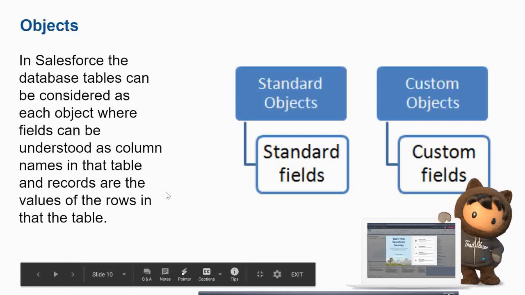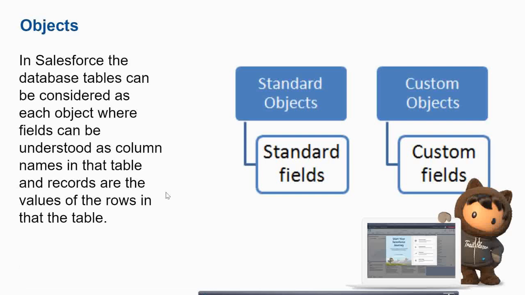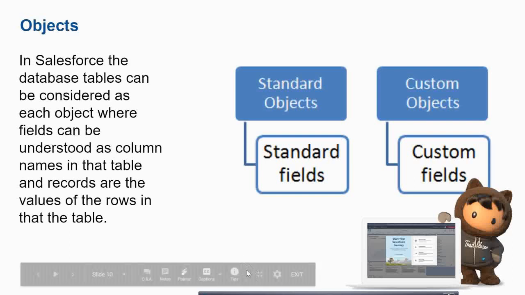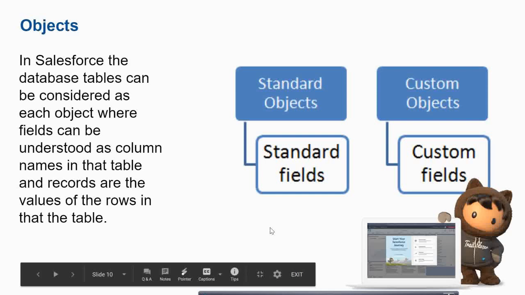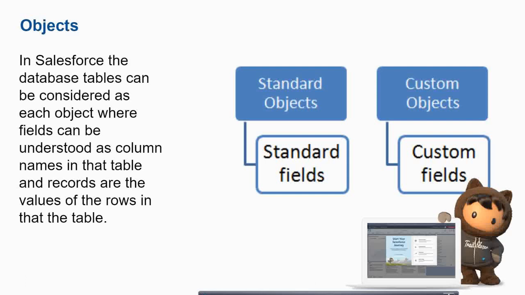Next come objects. So what are objects in Salesforce? Objects are kind of like the database. Like in an application, you have the database where you have all the data, right? In Salesforce, these are called objects. You have some custom objects and some standard objects. We'll look into what custom objects and standard objects are in the next slide, but you can understand what objects are.